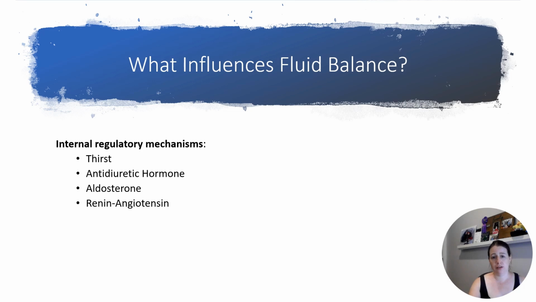So you've already covered regulatory mechanisms in pathophysiology, but it's important to review these regulatory or internal control mechanisms and their influence on fluid and electrolyte balance. So they're trying to maintain equilibrium of that water and sodium balance, right? So if things aren't balanced, depending on what's going on, these hormone systems are activated. So we're going to briefly review the thirst mechanism and the roles that antidiuretic hormone, aldosterone, and the renin-angiotensin system